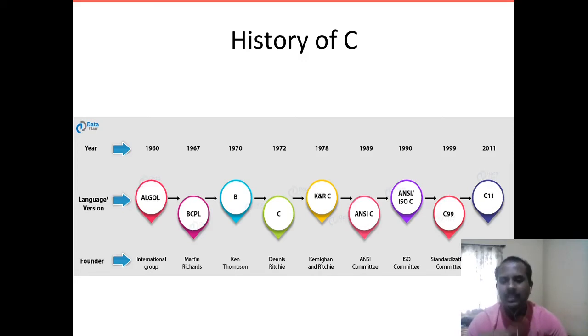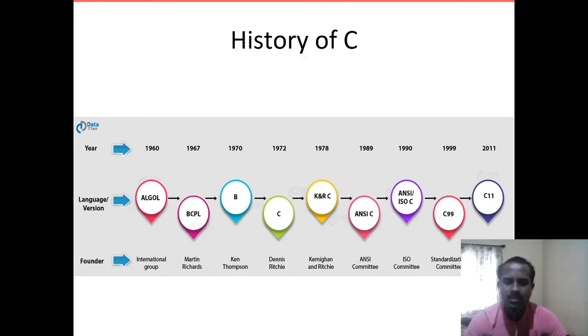And in 1990 the ISO committee came and again standardized the available C, and in the period of 1990 to 1999 C++ and Java were developed.